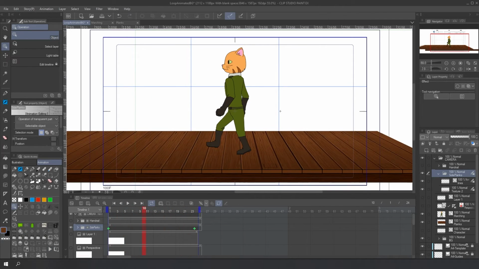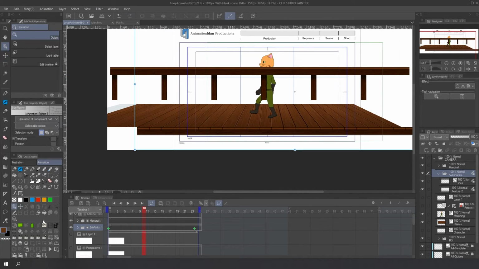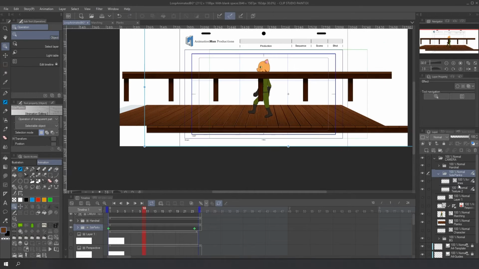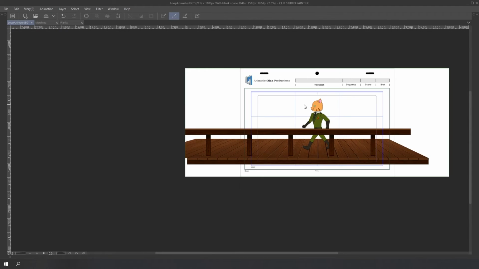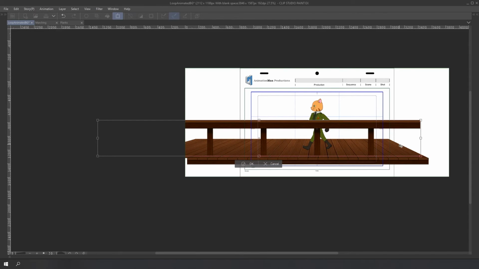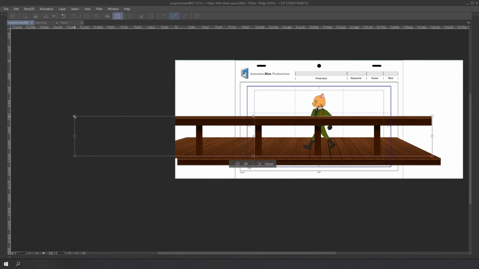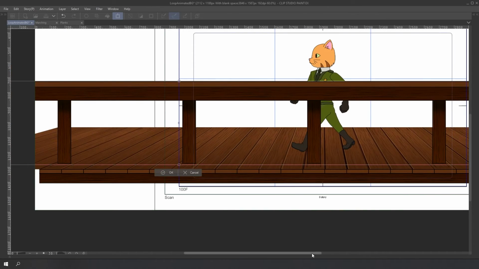To finalize, I'm going to show you how to animate the handrails, because this has its own problem. First, I'm going to adjust the position. If you press the Tab key, you can hide all the panels and you have more room to work. I'm pressing Shift to keep the proportions. It's better if you adjust from both sides until the scale is correct.